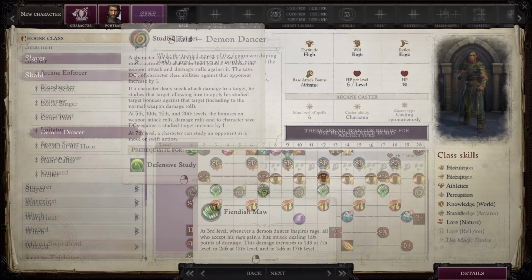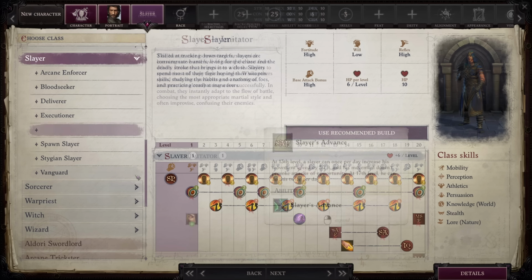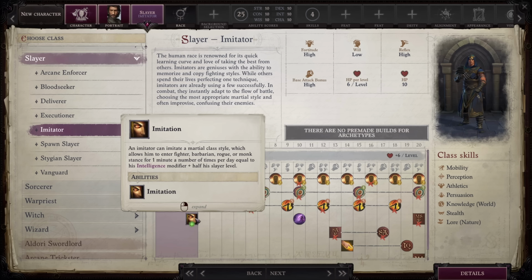Next up we have Slayer. For Slayer, I tend to enjoy either Angel or Trickster. This is because the Slayer gets sneak attack damage, which again will stack with your Trickster sneak attack damage. But in the absence of that, I like to take Angel with this one typically, and that's because of their